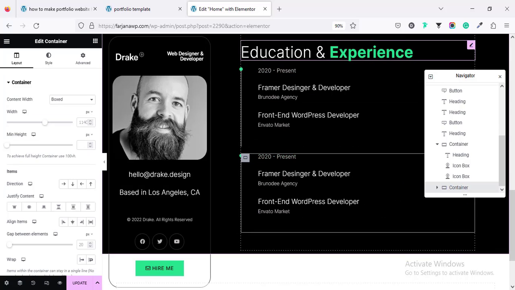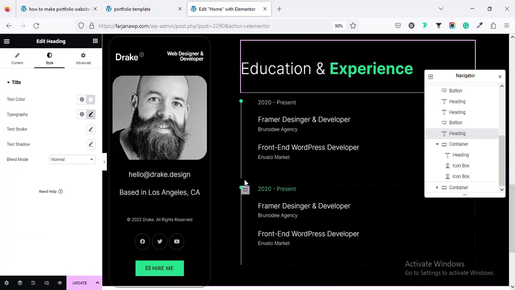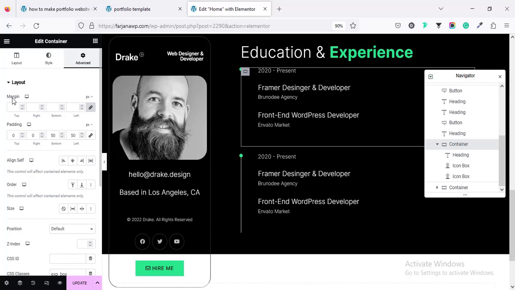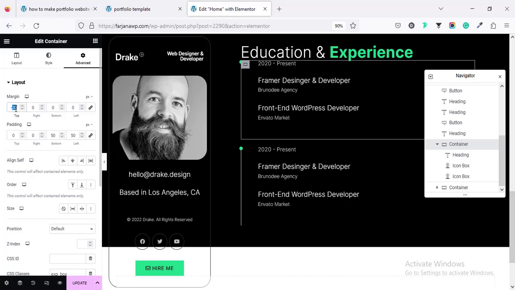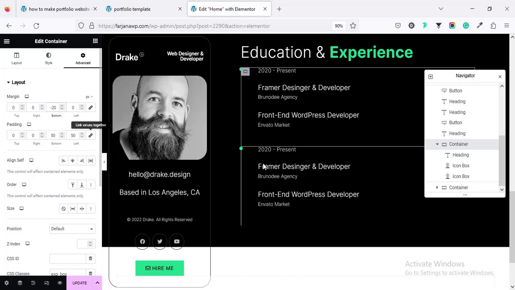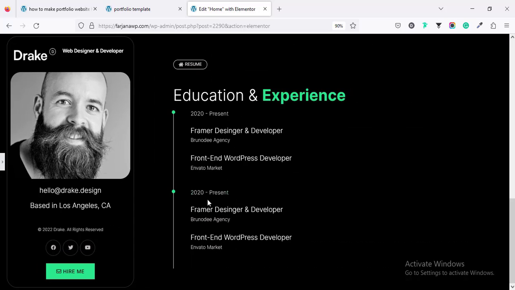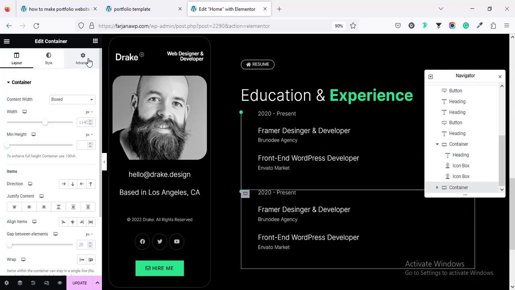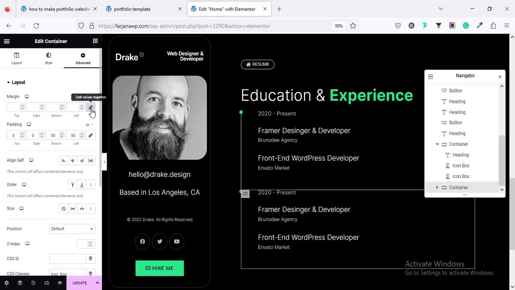and here we can see there is a gap between these two containers. So here we can add some minus margin. So going to the first one and going to advance for margin, making it to unlink, and top I'm adding minus 20, or here it will be from bottom, so adding minus 20. Yeah, now it's perfect. And in the same way, going to this container, going to advance, making it to unlink, and adding minus margin bottom,